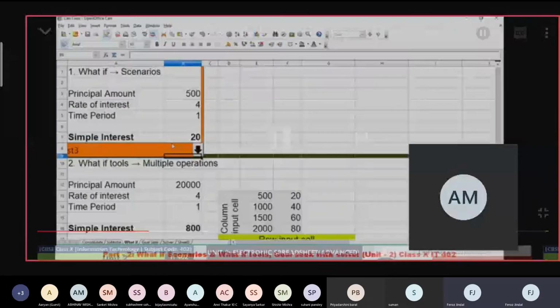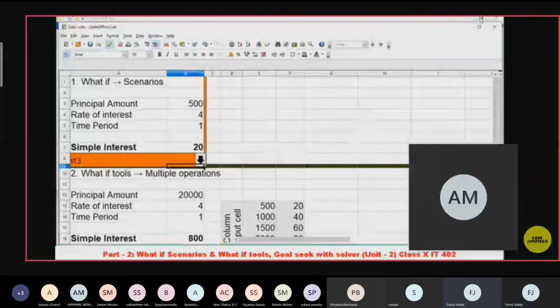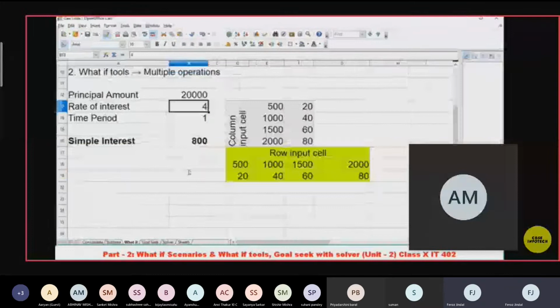With the help of scenarios, we can create 3, 4 scenarios, and see what will happen when we change the value, and what change will come to the final answer. So time by time we can check also. This is the benefit of the scenario.